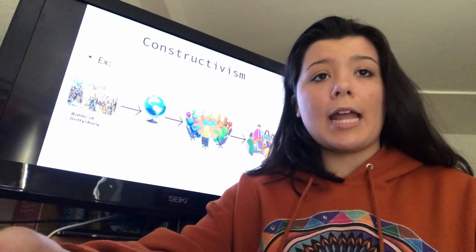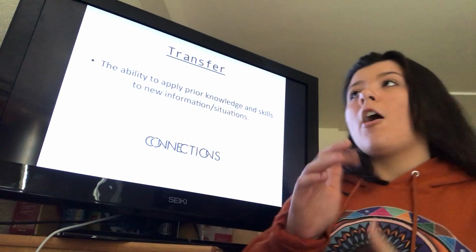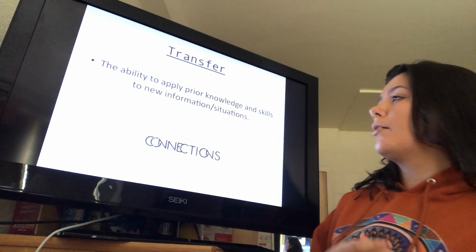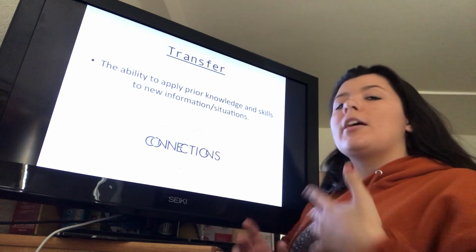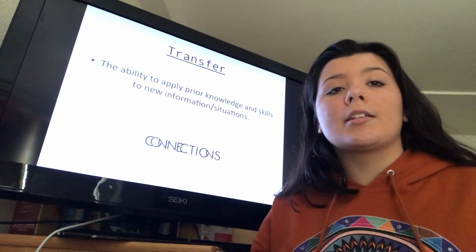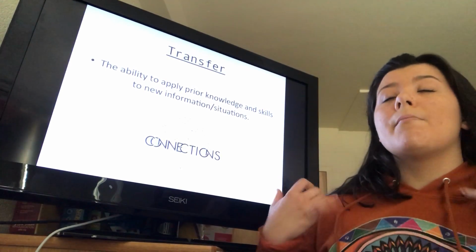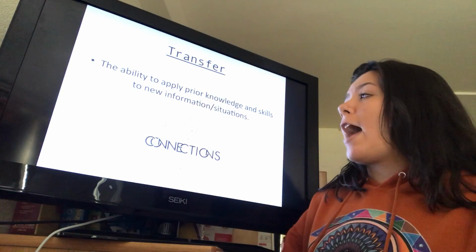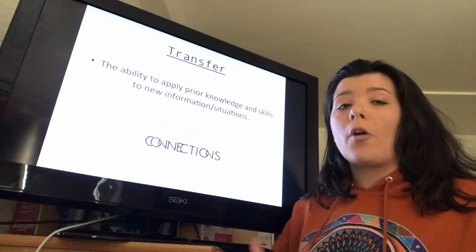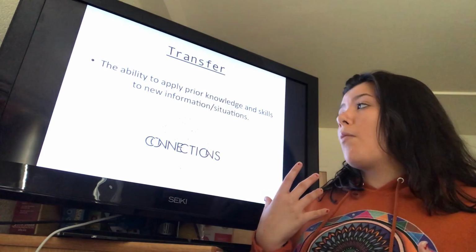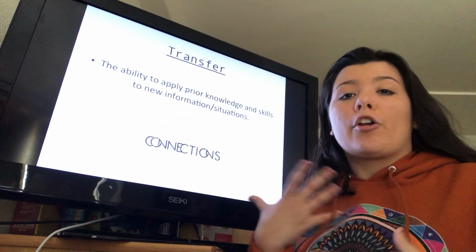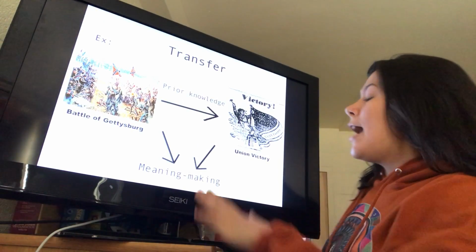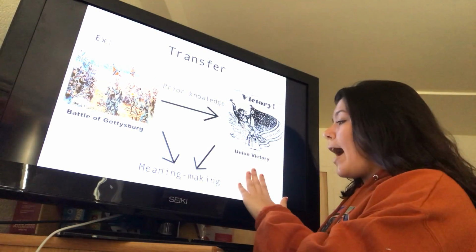So constructivism goes hand in hand with transfer, which is our last learning process or cognitive process. Transfer is the ability to apply prior knowledge and skills to new information and situations, and this is imperative for constructivism, because constructivism preaches that students need to construct their own meaning of new information through their prior knowledge and prior experiences. So my example for transfer is, instead of me lecturing in the front of the class